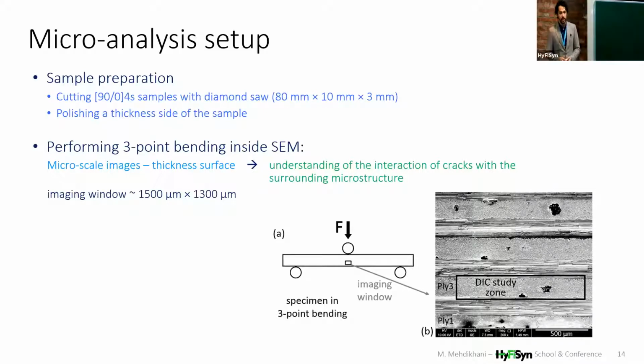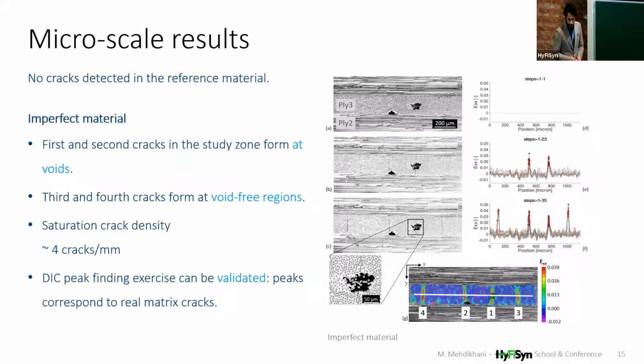And for that, we needed to zoom in a little bit more into the material surface and see this interaction. So we decided to perform a similar study, but inside an electron microscope. So we apply 3-point bending on the specimen, and we look at a very small region of interest here. And this is where we're going to apply DIC in order to check this interaction. And as you can see here, I don't know if it's clear in this image. Yes. So you can see the cracks here starting from the voids,